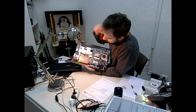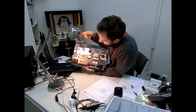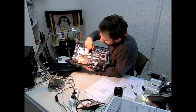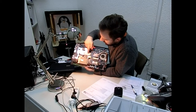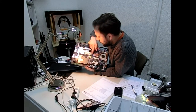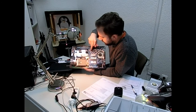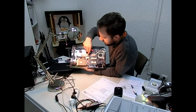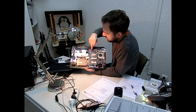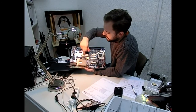So what I bought originally was the 250 gigs of hard disk that's connected via this M2 port directly to the motherboard. So that's kind of, I think, the fastest possible way to access memory on the disk is to have it directly connected